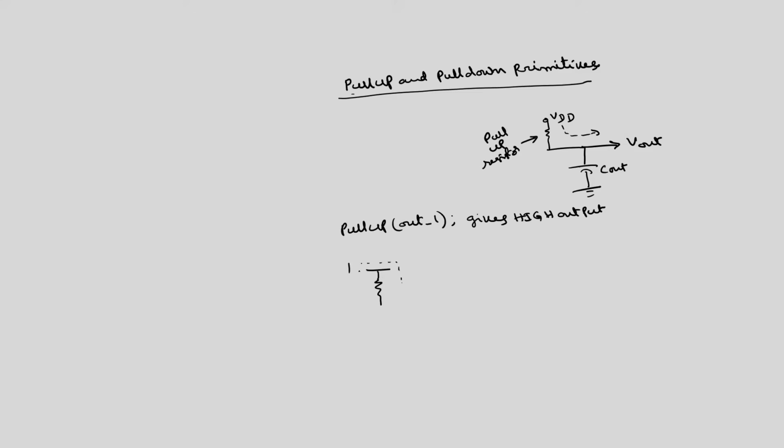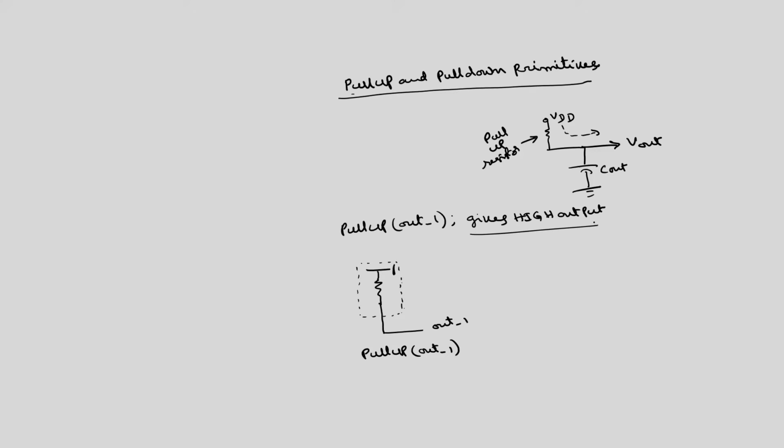This is 1, logic 1, this is in a black box. If you have this in a black box, and if we take this point, if I write this as out underscore 1, if I write simply pull up out 1, this will give high